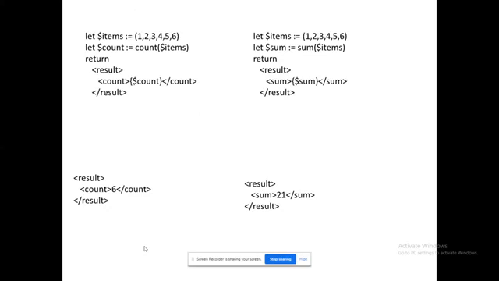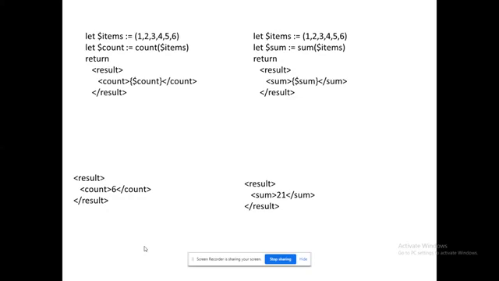So these are all aggregate functions. See that second line in the left side program, count of items. What will it retrieve? It will retrieve the number of values in the given array. So there are 6 items. That's the reason why the result is returned in this way. So count 6 /count. Likewise, when you come to sum, I can perform the sum of all the numbers available in the array. Sum of 1, 2, 3, 4, 5, 6. If I add all those, I will get 21. That is the result available there.